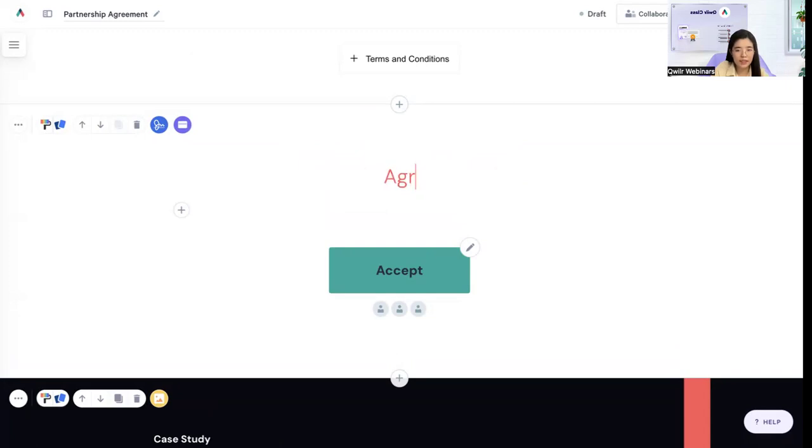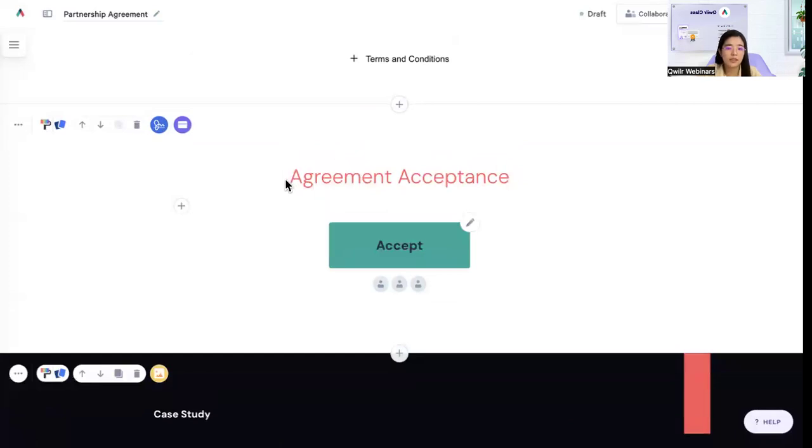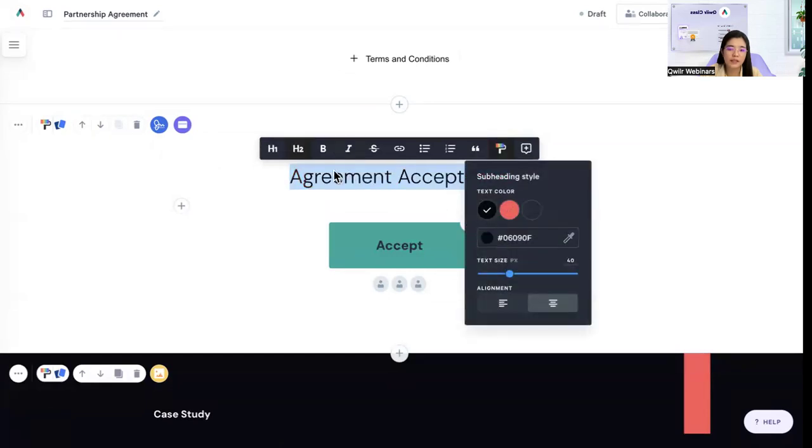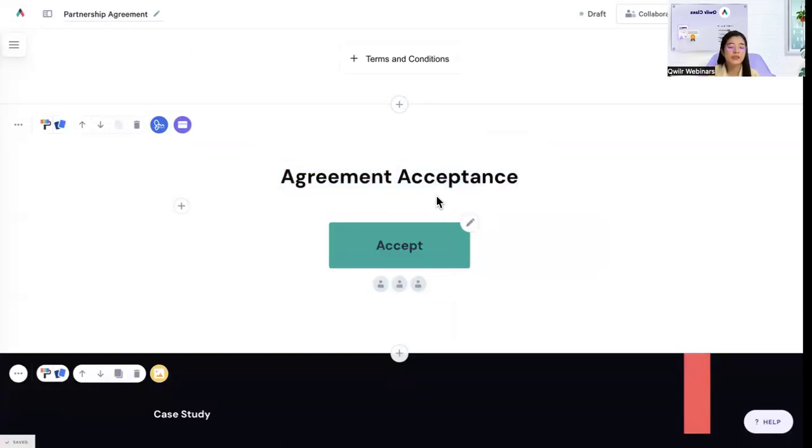So let's add a text here, agreement acceptance, and we will also be changing the text from red to black, and then we will also be setting the text to bold as well. And then for this block, we will be applying the letter T of our acronym, which is